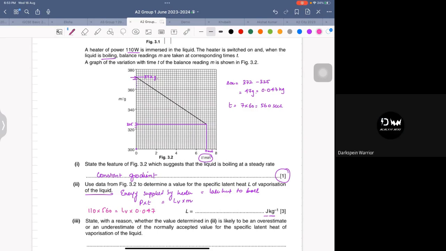I'm getting 1.3 times 10 raised to power 6. Yes, 1.3 times 10 to the power 6, joules per kilogram. All right. Okay, so now,